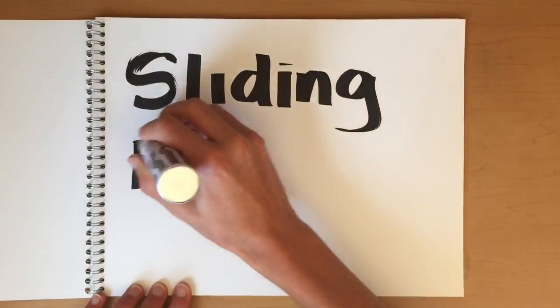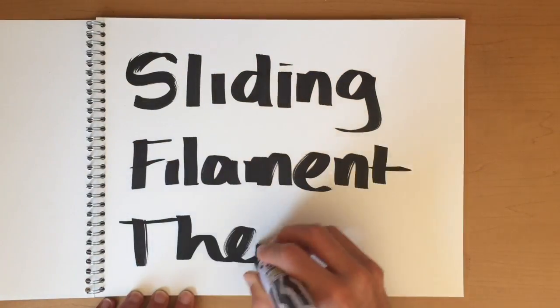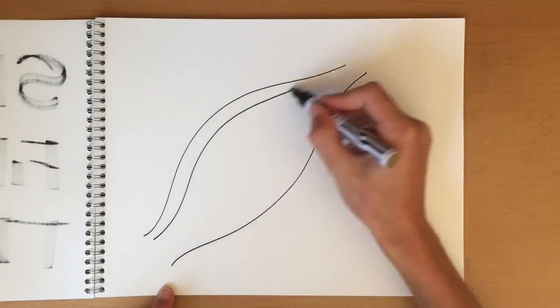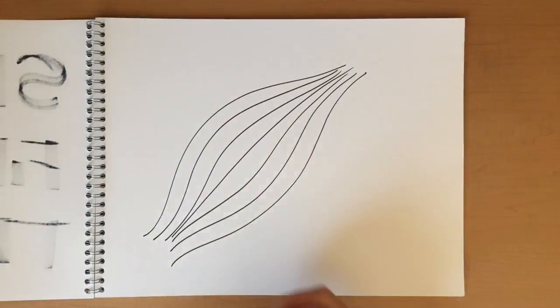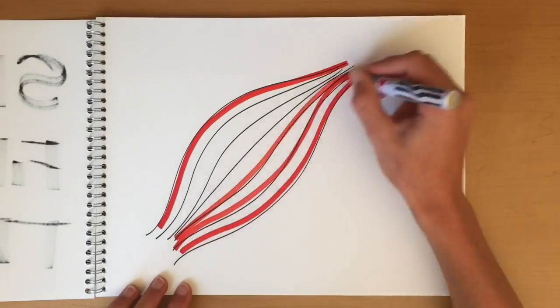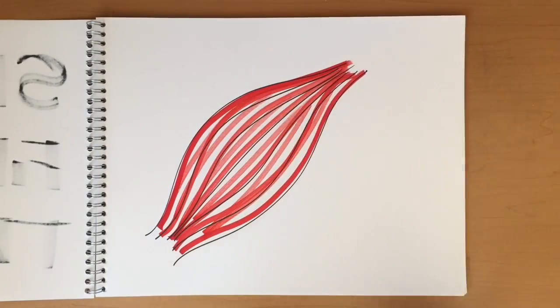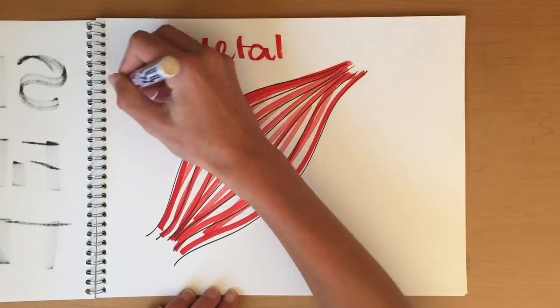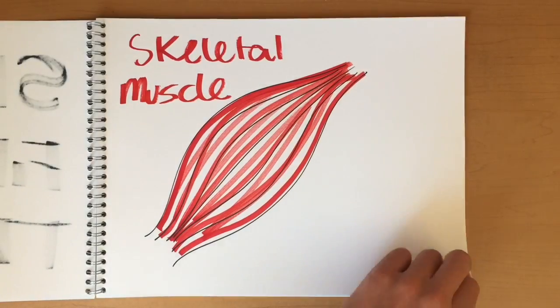The sliding filament theory. Ever wonder how your muscles move and why they can do it? Here's a skeletal muscle. These are muscles that we consciously use, like biceps brachii or pectoralis major. If we zoom into the muscle, we will be able to see how, step by step, your muscles are able